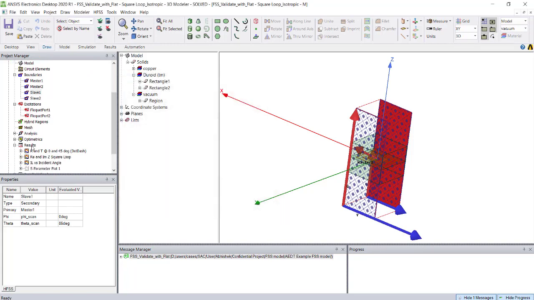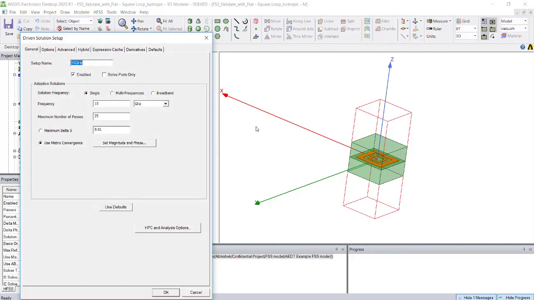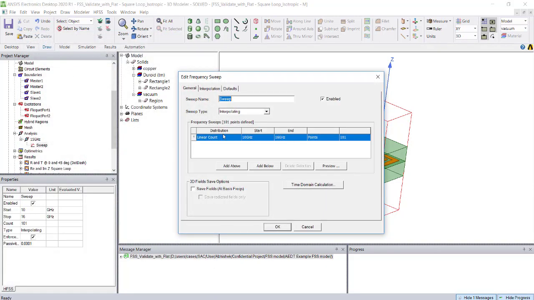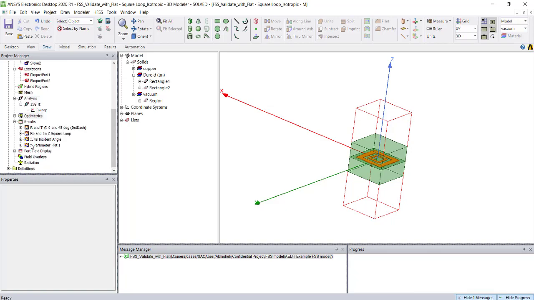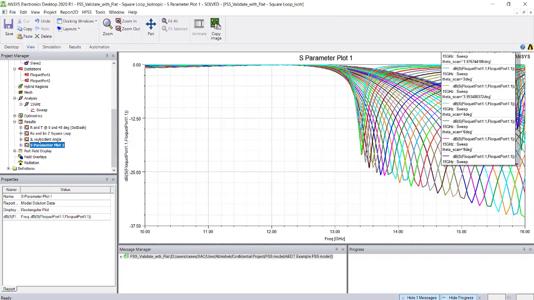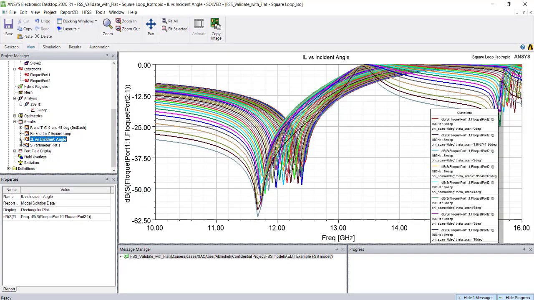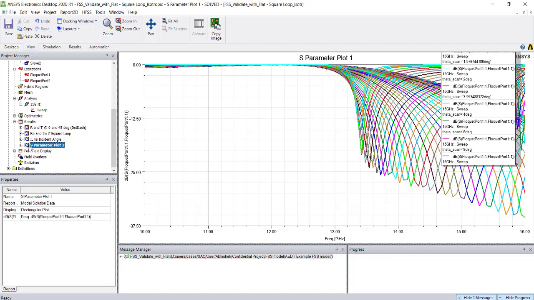As usual, you just have to tell what frequency this has to be simulated and what the delta is, and you need to see the frequencies between some frequency points, let's say 10 to 16 gigahertz with 101 frequency points. I already simulated it here. You can see the S parameters, this is the insertion loss, and this is the return loss.